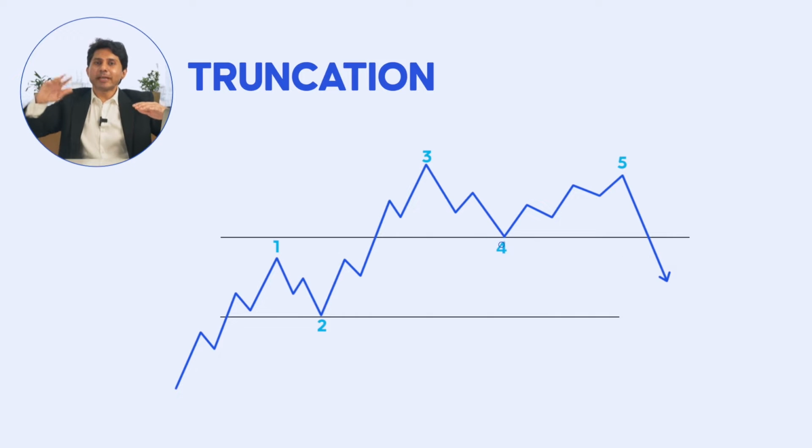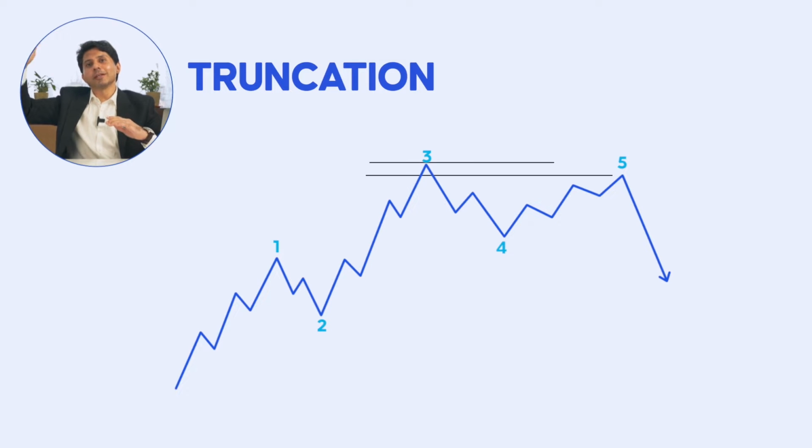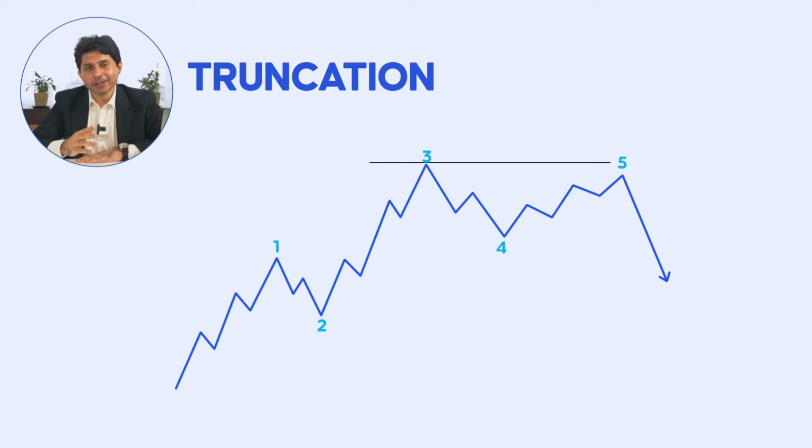It still does not touch the wave 1 zone. The 0-2 line breaks almost the wave 4 part, but the 0-2 does not touch the wave 3 part. And after that, the wave 5, which has all the necessary elements of the subwave of an impulse, still is not able to cross the wave 3 high. That happens also because the 4 is deep, third is overextended, far too extended, beyond 2.618, and 4 is deep and can be a very complex corrective as well. So you will not believe that this happened right in front of us on Nifty in 2021-22. Let's look at that example.